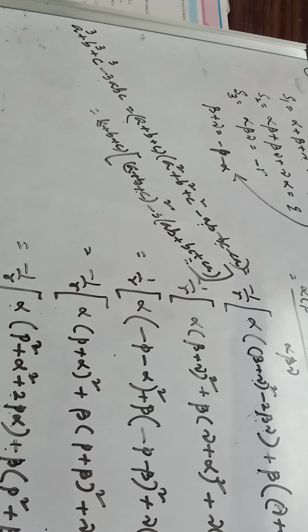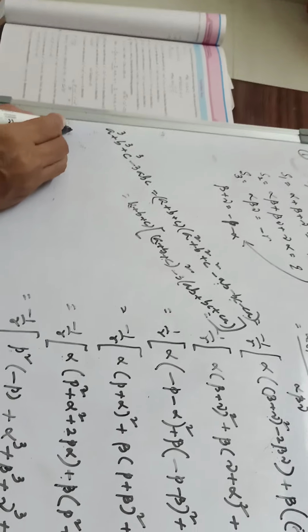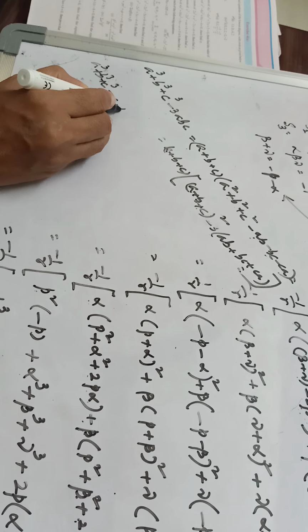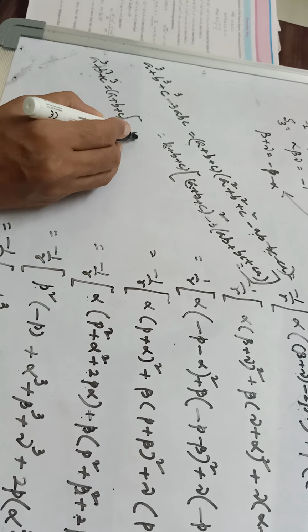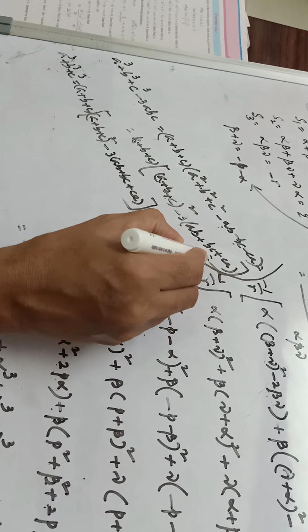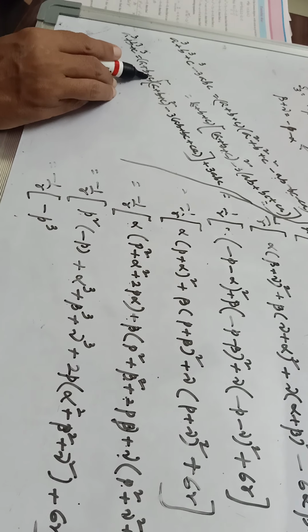But in the place of a, b, c we are having alpha, beta, gamma here. So what is the formula for a cube plus b cube plus c cube according to this? A plus b plus c into a plus b plus c whole square minus 3 into ab plus bc plus ca. I want to transfer this minus 3abc to the right side, plus 3abc. This formula is to be remembered. This formula I am going to use here. So in place of a, b, c we are having alpha, beta, gamma. Alpha plus beta plus gamma.